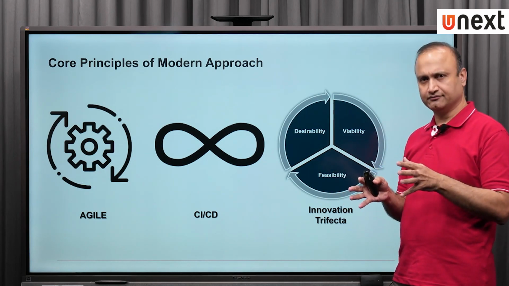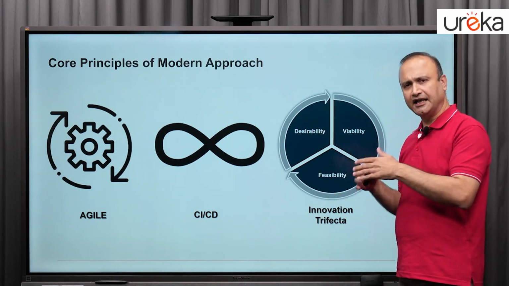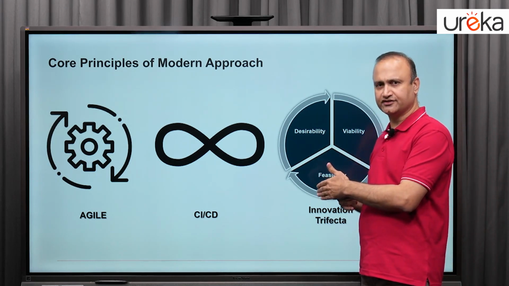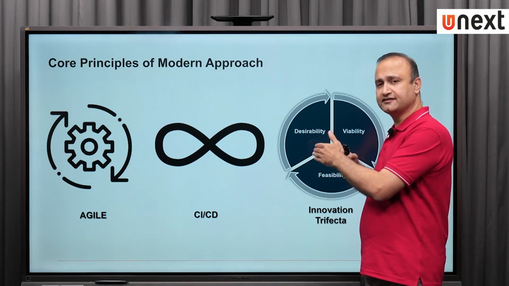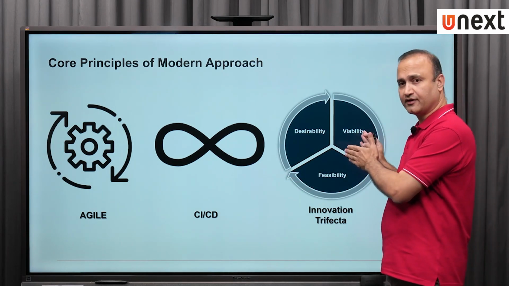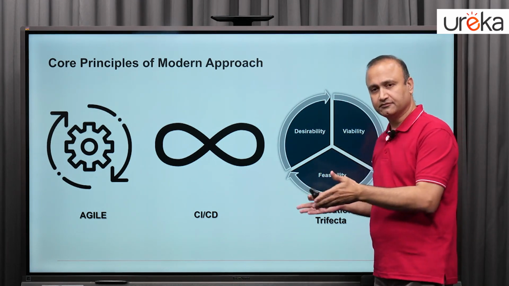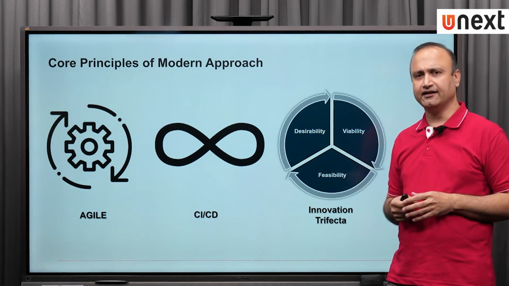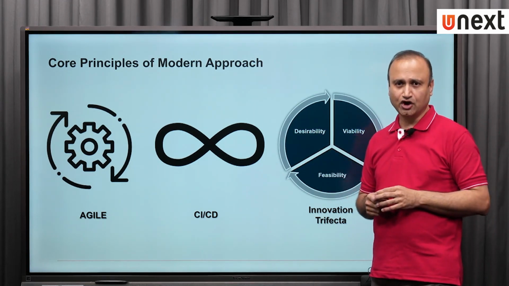Very importantly, the third core principle which the modern approach embraces is one which is firmly embedded in the concept of innovation. So the innovation trifecta of desirability, viability and feasibility allows organizations to prioritize, to understand, to empathize with end users and look at which features, which releases can be planned, i.e. which is desirable for the end users, which of these releases or features is viable, and from a project management perspective, is it viable and feasible, right? So given the limited resources that we have to execute projects and innovate and create new products, the trifecta becomes a very, very significant North Star to follow.